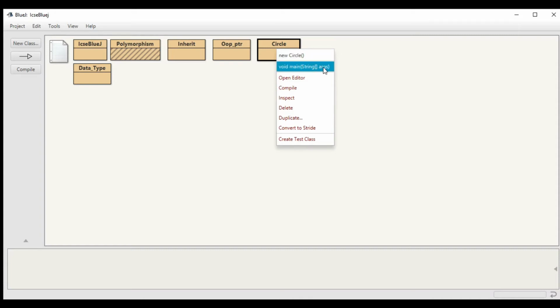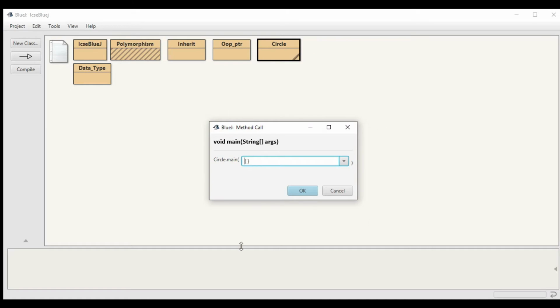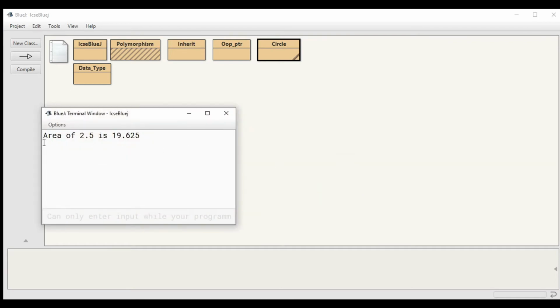But in this program, since we have got the main method, which is actually the starting point of a program, if you are writing a main, the program execution starts from there. So if you click the main, a simple dialog box will come. See over here it is saying Circle, the name of the class, is giving a call to the main function. You just click the OK button, your program gets fired and you will be able to see the output.